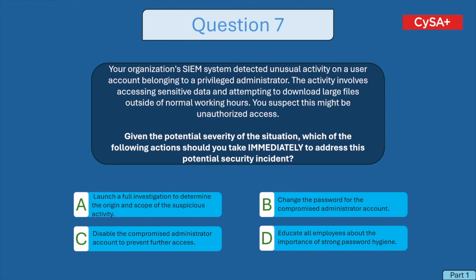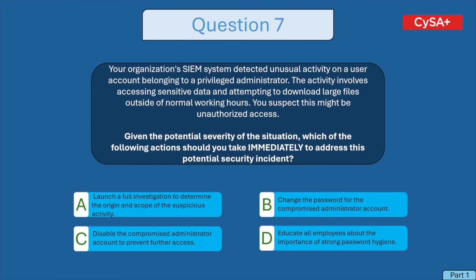Question 7. Your organization's SIM system detected unusual activity on a user account belonging to a privileged administrator. The activity involves accessing sensitive data and attempting to download large files outside of normal working hours. You suspect this might be unauthorized access. Given the potential severity of the situation, which of the following actions should you take immediately to address this potential